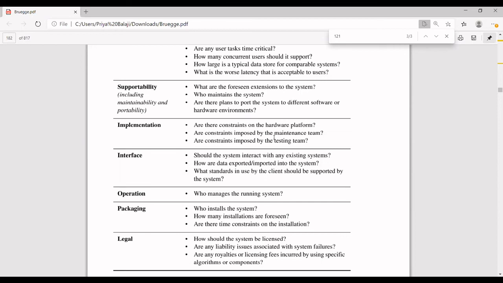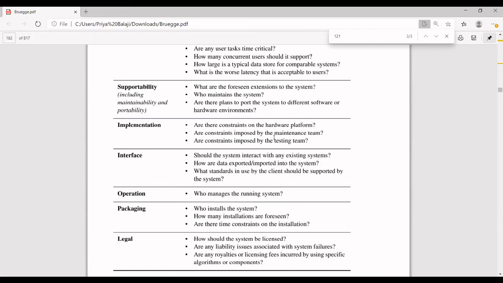So implementation: what are the constraints you have to check for the implementation? Constraints, for example, as I told you, dark mode. If for 5 minutes your GPS is not connected to the device, then what time will be shown in the watch? In the worst case, the last time zone the watch was updated, the same time will be replicated again. Like that, we have to find out the implementation constraints. And another thing is that the complete product has to be implemented only using Java interfaces. You should not use any other interfaces for implementing. So all these things come as your implementation constraints.